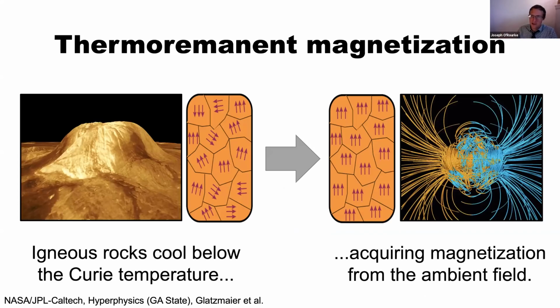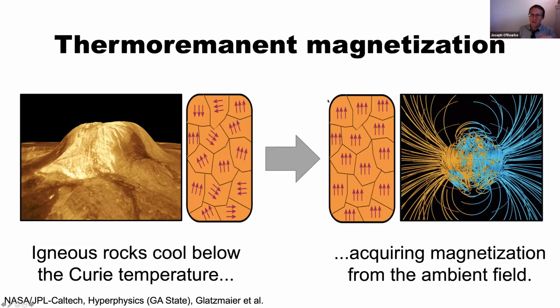I've invoked crustal fields a lot so far in this talk, and the reason that planetary crusts retain signatures of ancient magnetic fields is because some minerals in planetary crusts are magnetic. So if you have a volcano that erupts in the presence of a magnetic field, the magnetic domains in these minerals, like magnetite or hematite, will line up with the ambient magnetic field. And if you cool the rocks down, the orientation of these magnetic domains gets frozen in. And even if you take away the field, this alignment of the magnetic domains decays very slowly. It takes billions of years for the domains to